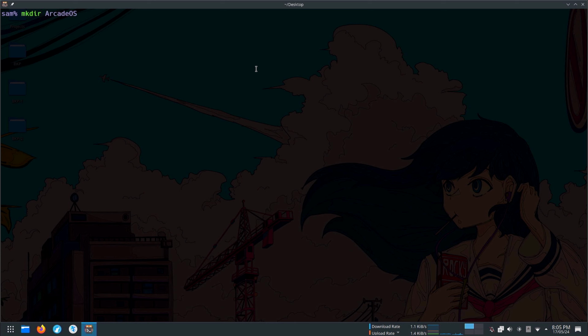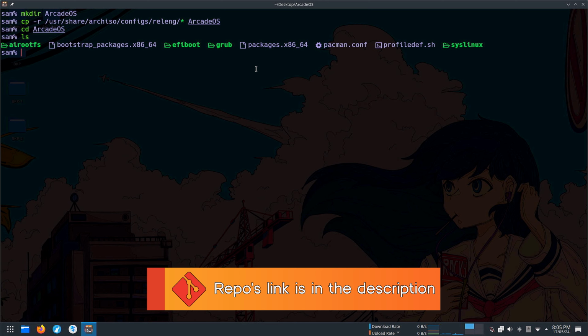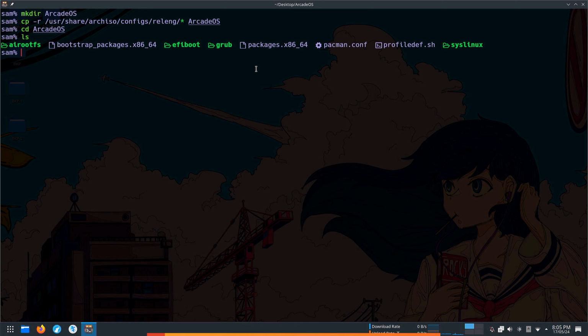You can name it whatever you want. Now copy the releng config inside the ArcadeOS folder. Change the directory to ArcadeOS. Everything is here. Moving on to our next step.